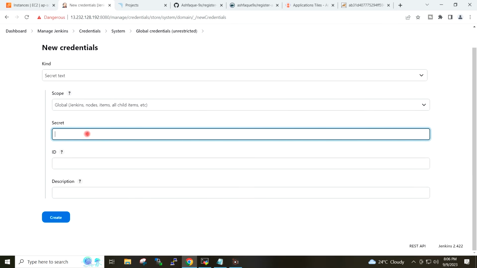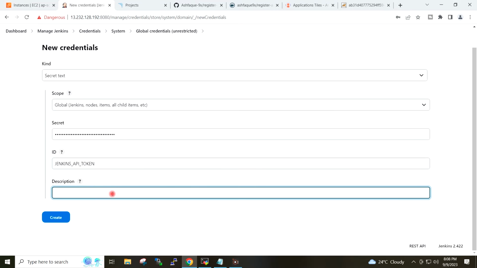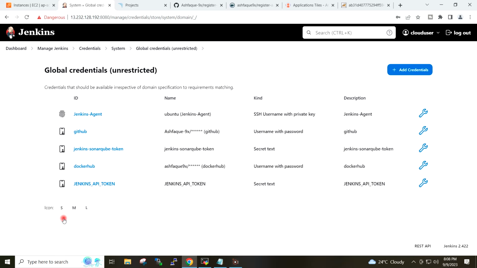Sometimes here copy doesn't work, so I will type my secret here. ID I will give Jenkins API token. I will give the description and I will click on create. Okay, so API token has been added.